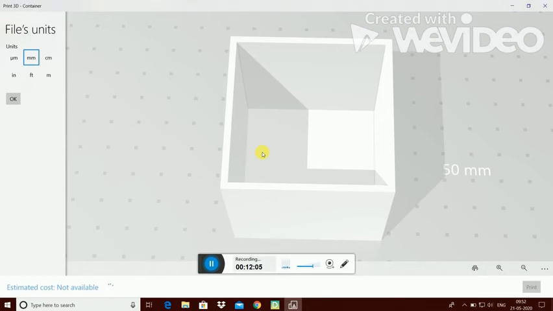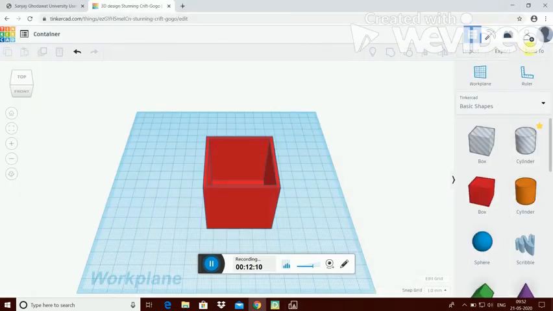Otherwise, connect the 3D printer on LAN and send directly from your laptop to the printer. Otherwise, the third is we can connect our laptop and 3D printer through a data cable, and send directly from our laptop also.